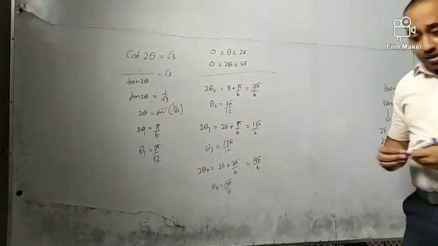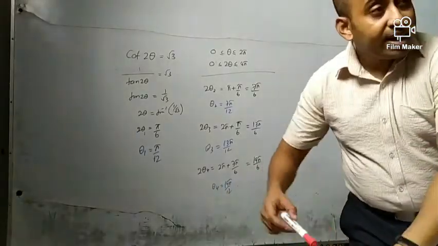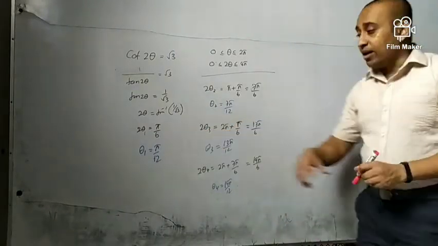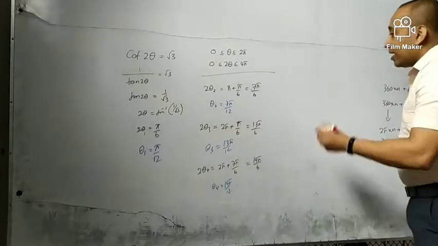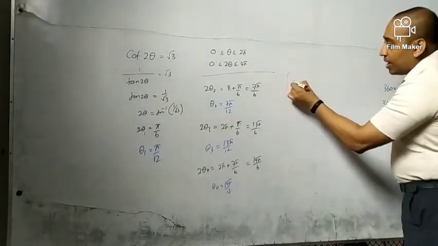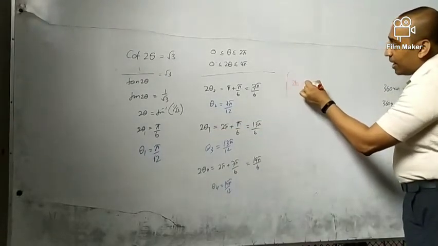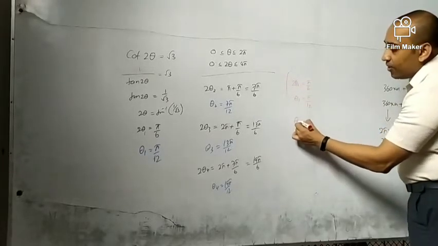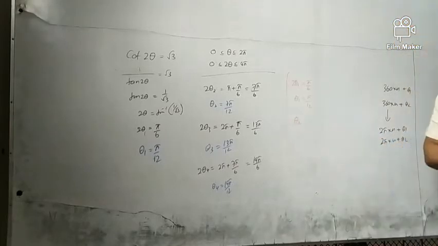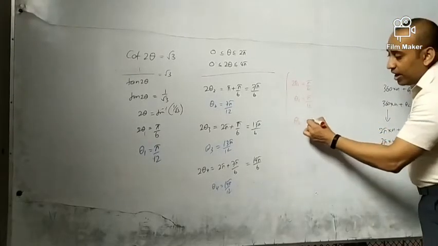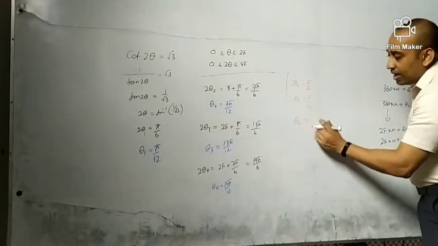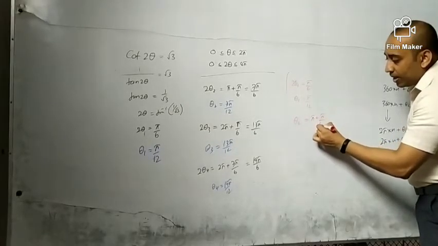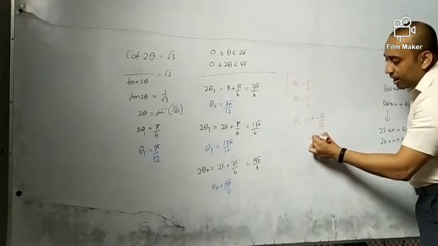Right? What I mentioned in the previous section is, if you find the alternative angle over here after the simplification of this one, if you do this step, that is wrong. If you write theta 1 is equal to pi by 6 and you get theta 1 is equal to pi by 12, then finding a second alternative angle using this is wrong. So if you find a second alternative, what do you get? You'll be getting the answer pi plus pi by 12. Then what do you get? You get 13 pi by 12.